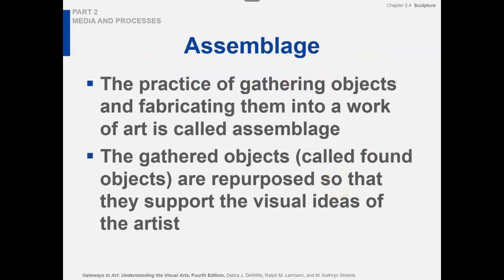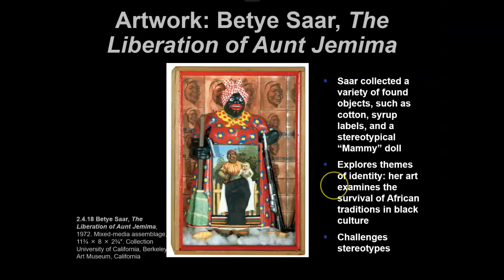With assemblage, this is where an artist is gathering objects and putting them together to make a work and call it an assemblage, right? So you can gather any type of objects, found objects, repurposed objects, and put them together to create an art piece. This is the Liberation of Aunt Jemima. In this piece, Betye Saar collects a variety of found objects such as cotton, syrup labels, and the